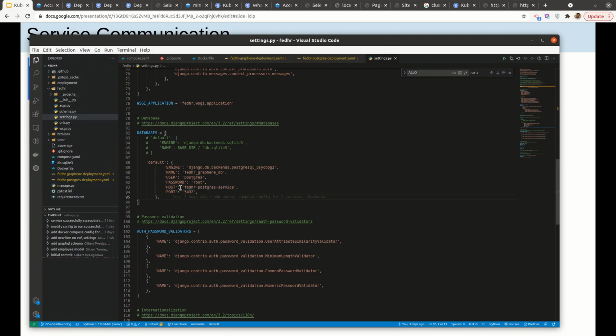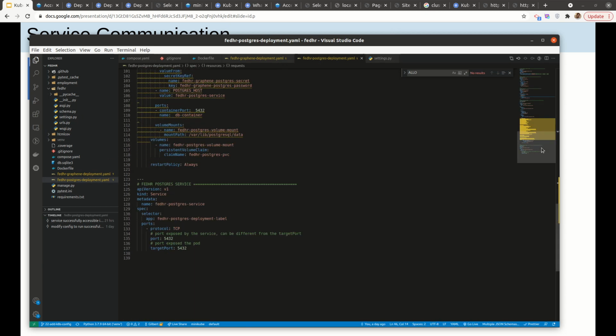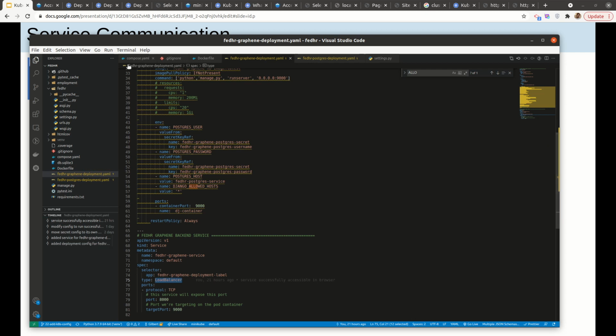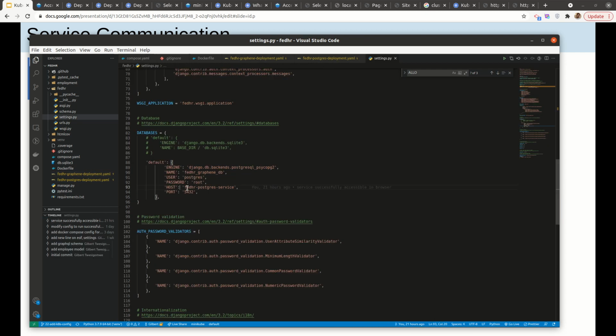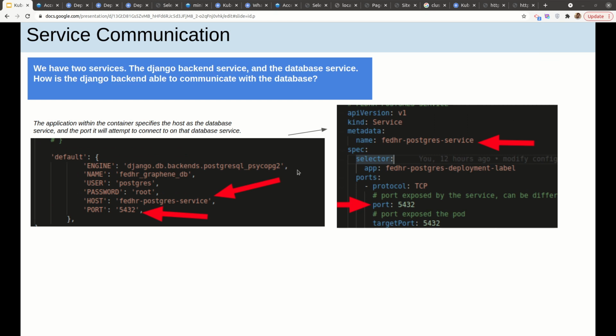Since the Postgres database is being exposed as a service, and it is exposing this port, within my Django application I can set the host to the Postgres service and the port,